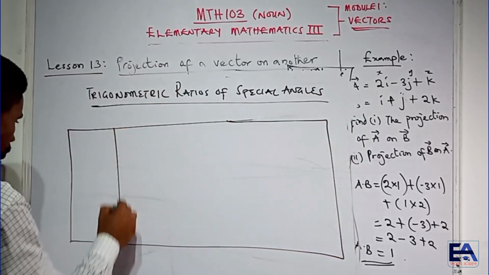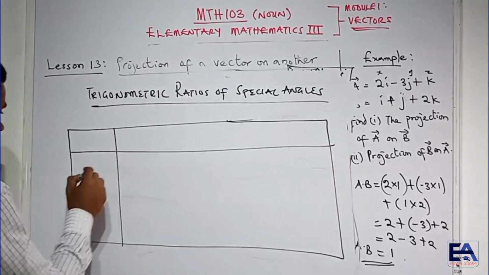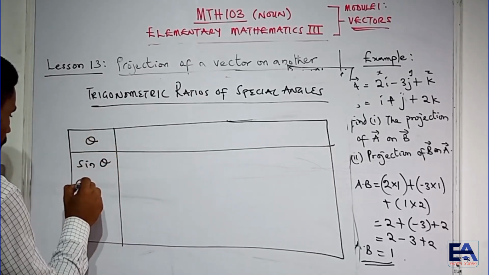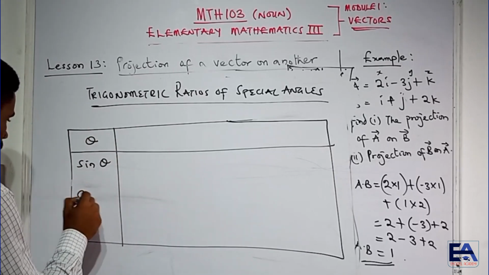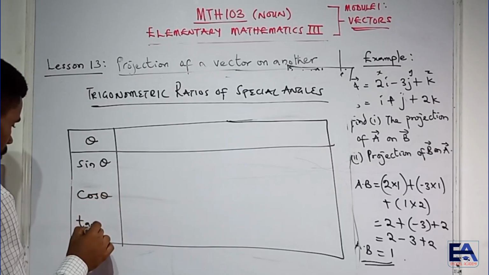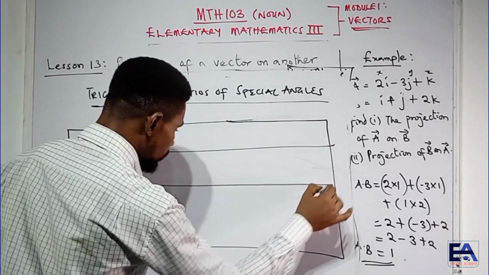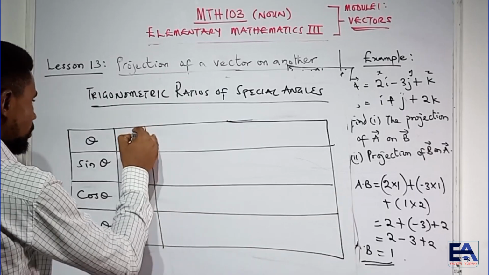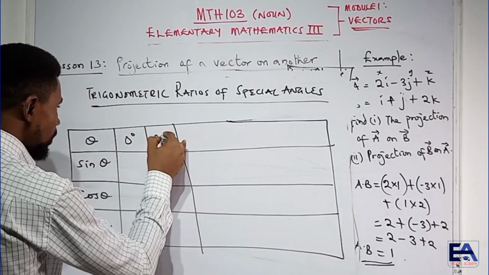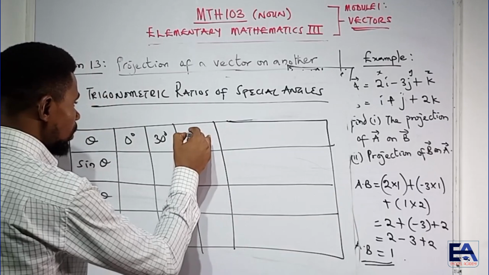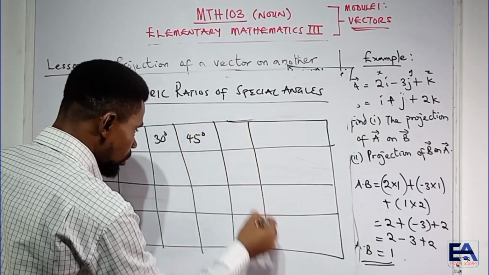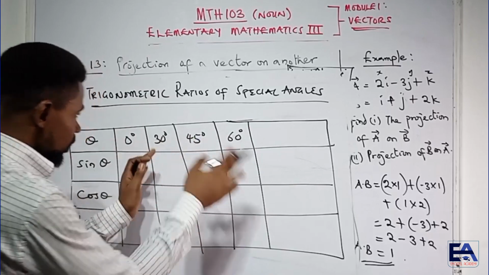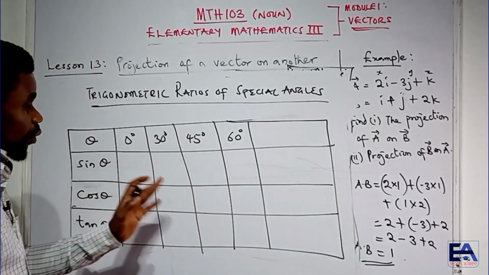Okay, so we have sine theta, cos theta, tan theta. 0 degrees is a special angle, 30 degrees is a special angle, 45 degrees is a special angle, 60 degrees is a special angle. There are some beautiful things that happen around these values of angles, and that's the reason why we call them